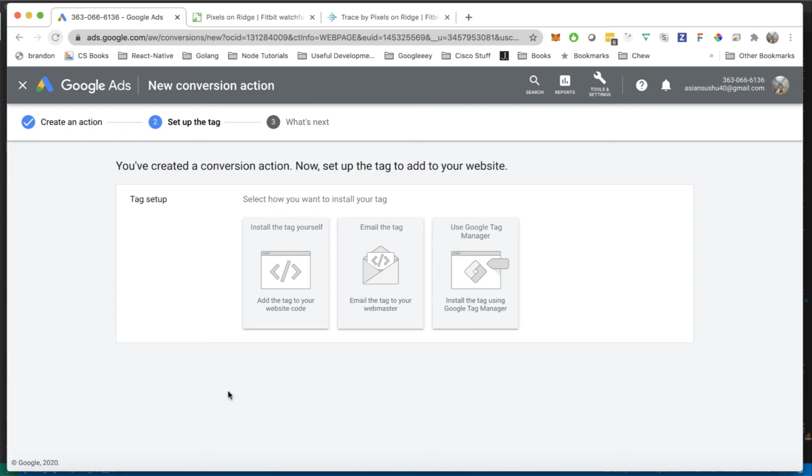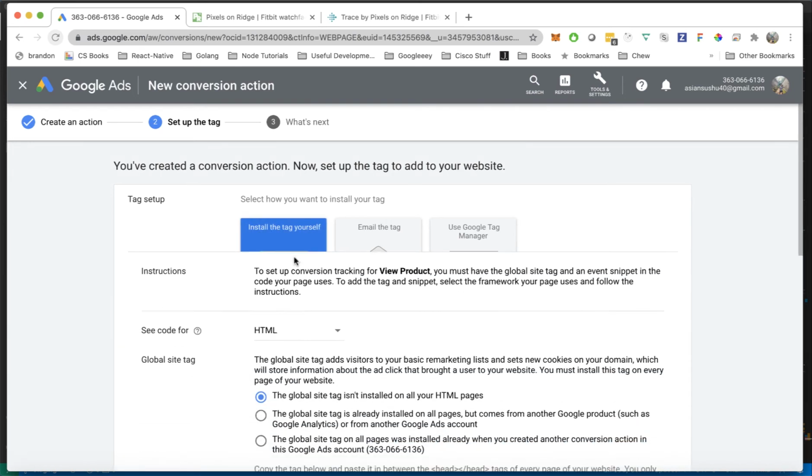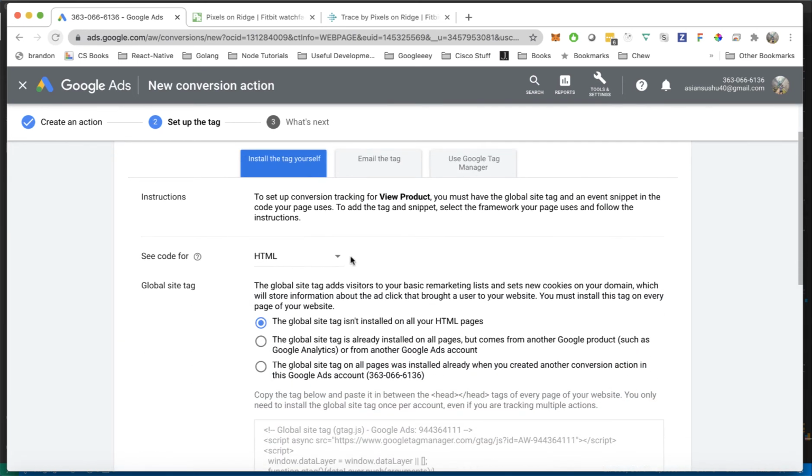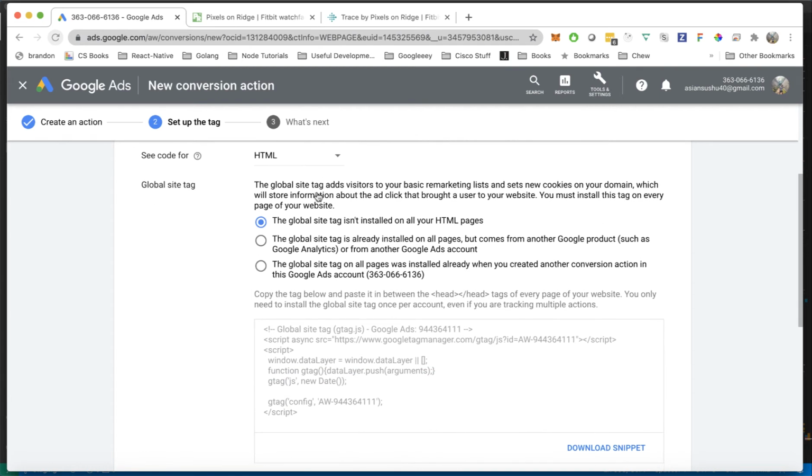Now, the next thing we're going to do is hit this install the tag yourself, and I'm going to select this Google site. It has another Google Analytics product that is already using the Google Tag Manager. So to give some explanation here,